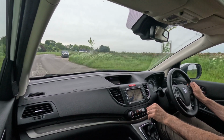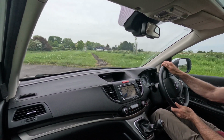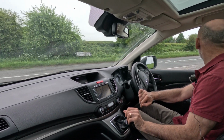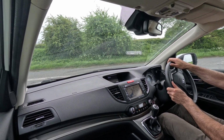Brakes on the car, so just picking up a bit of speed to get the brakes up. Really good on the car, powerful, no pulsing, no vibrations at all, so all in fine fettle. It is hopefully later today actually heading off for an MOT, which is done independently of us. So all these things are going to be checked anyway, so I don't want to pull out in front of